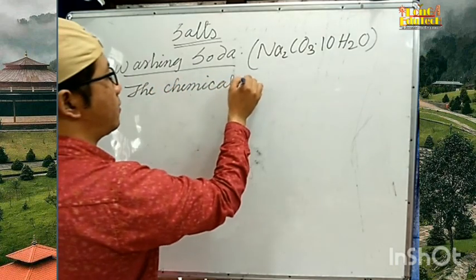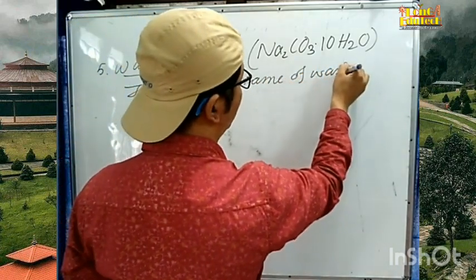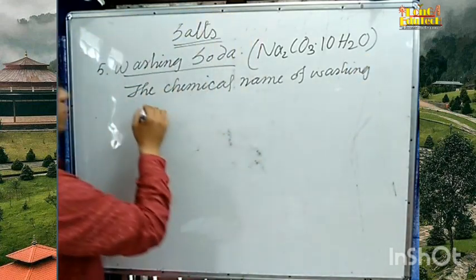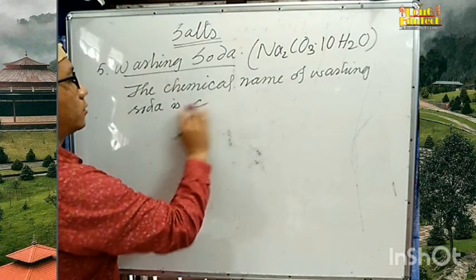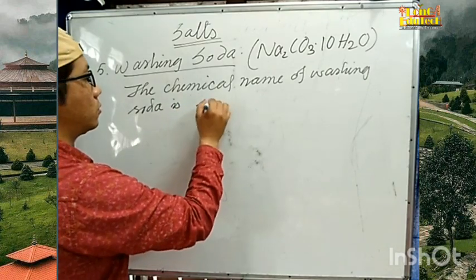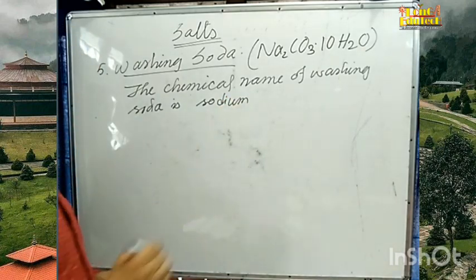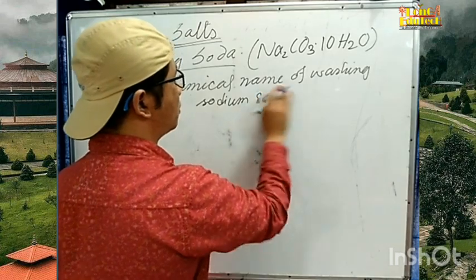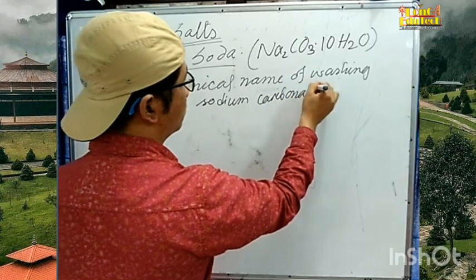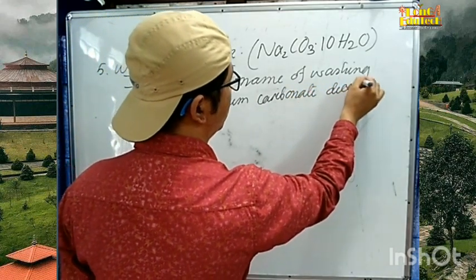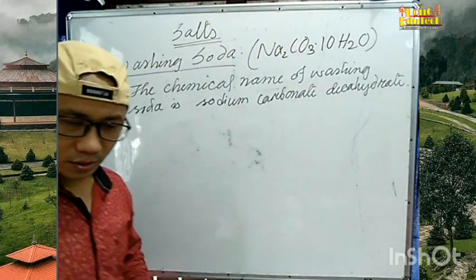The chemical name of washing soda is, okay, so it will be sodium sulfate, not sulfate, sodium carbonate decahydrate. Okay, so at this point we have to know